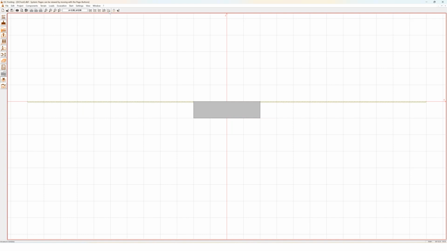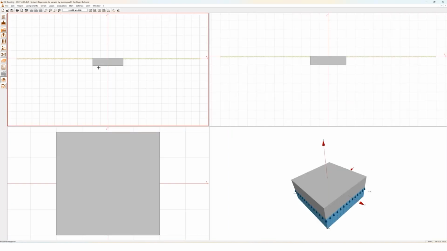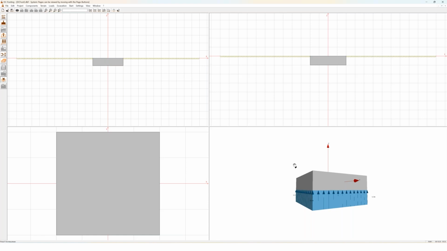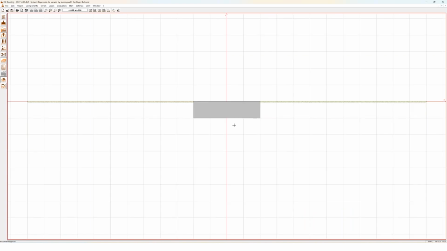I want to show you the views. With this icon, you can see all views, for different axes, XZ, YZ, XY, and the 3D view, which is nice to see the soil pressure. But we go back to the XZ view, which is the standard view, the Z axis and the X. Yeah, there's one foundation created with one soil layer, and when we double click on a foundation